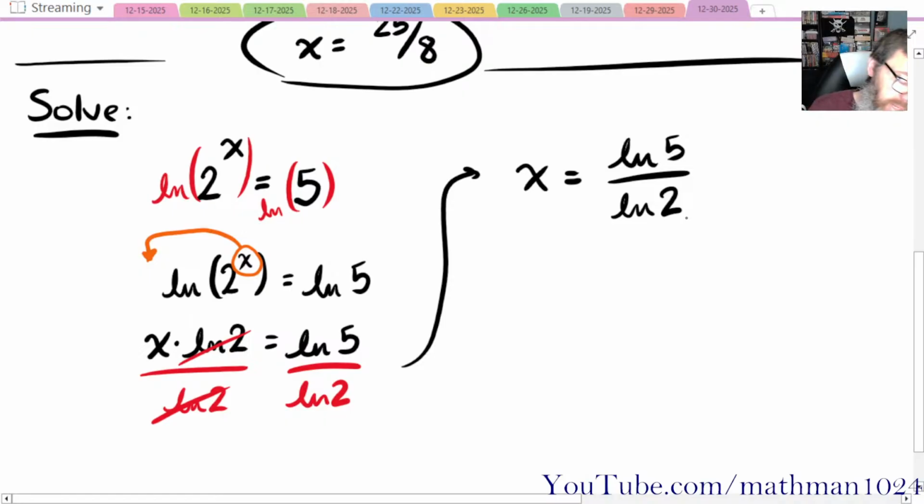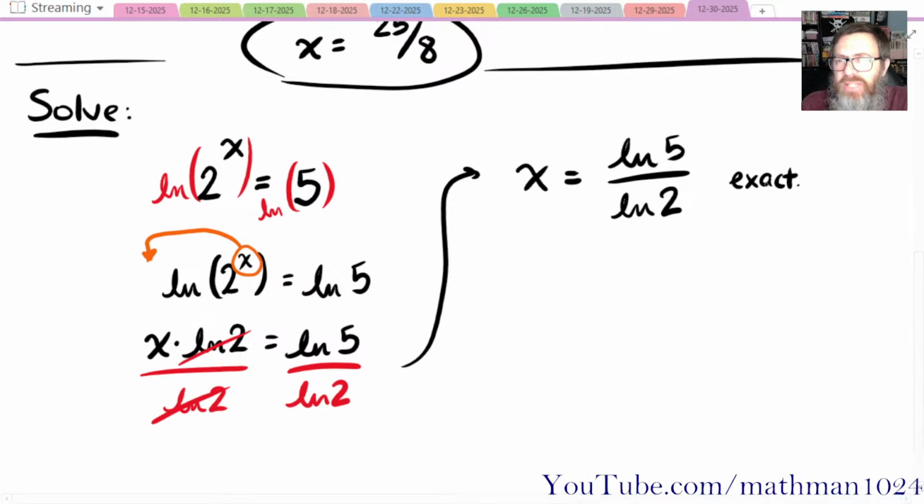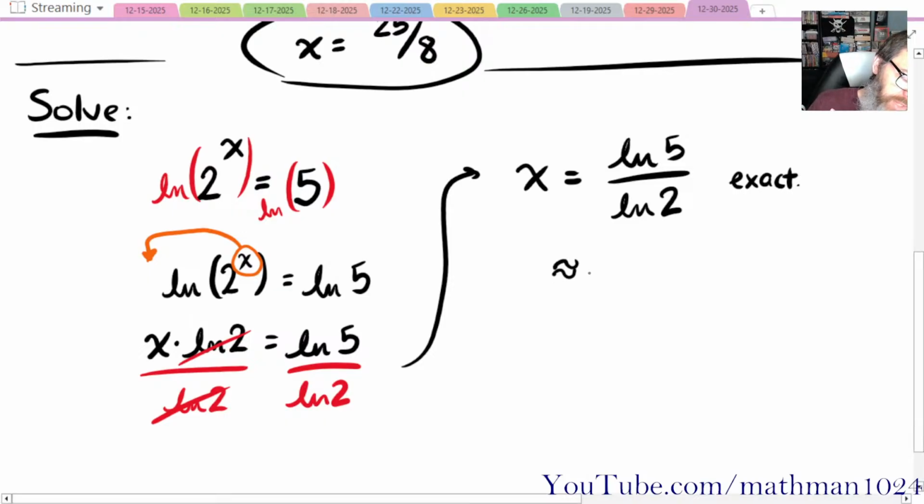And that's it. This is an exact answer using expressions that we have readily available on most scientific calculators. Now, we can go to a decimal approximation, but we've got to go back to the calculator to do that. The thing to be aware of is